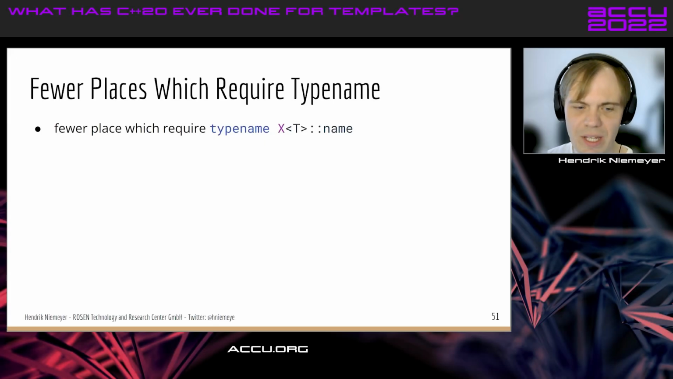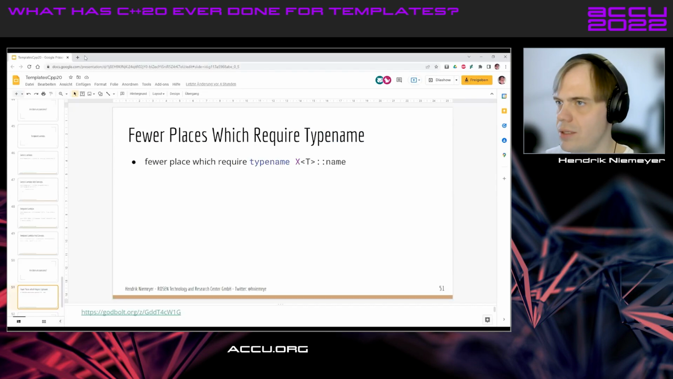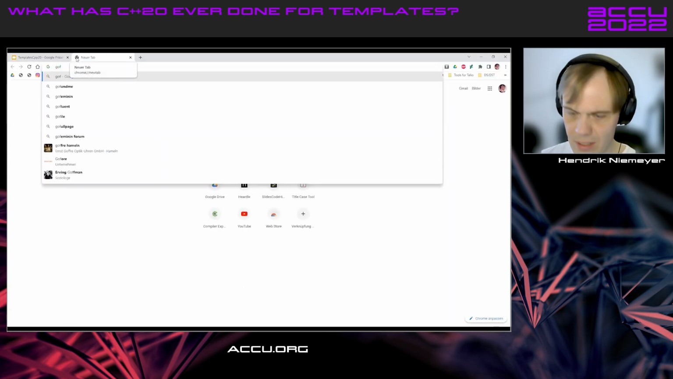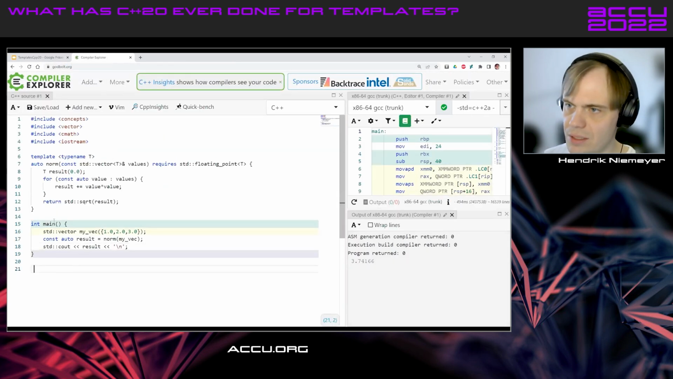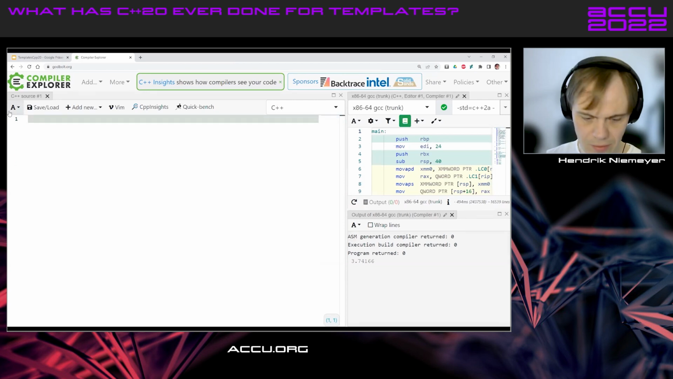Fewer places which require typename. So I don't want to dedicate a chapter to that, but I just want to mention it. In the past, we had to write typename a lot if we wanted to refer to something like a nested type of a template parameter, but this has gone away as well. And for example, we can have a look at an example there as well. This code from before. We could have something like